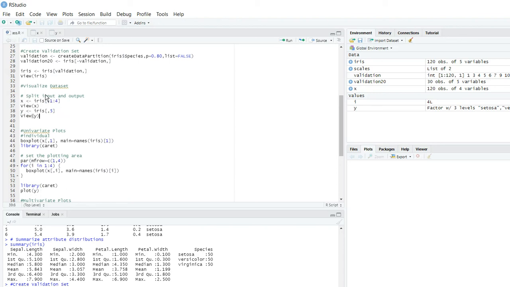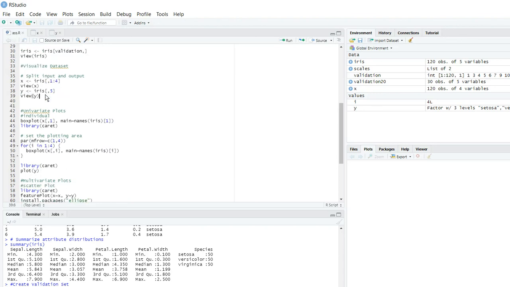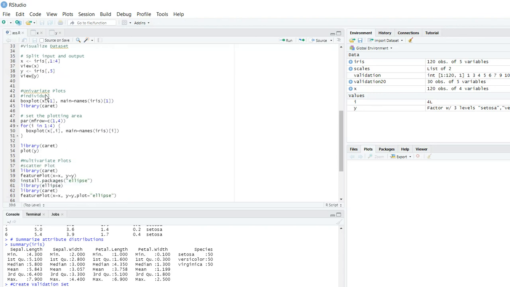Okay, now let us see about the plots. First we will discuss univariate plots, meaning that for an individual attribute you can plot it. Firstly we will see the box plot.